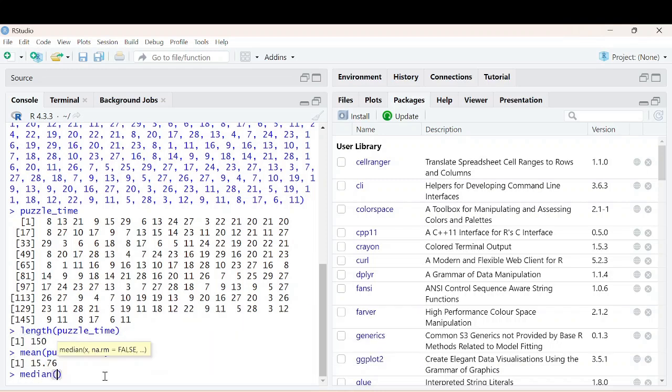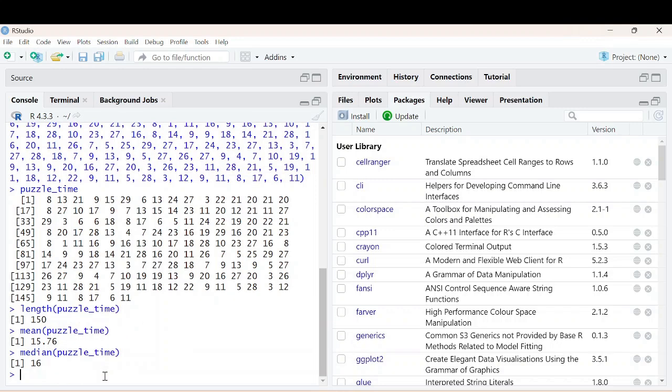If you want to find the median, you can find it. So the median is 60. You know, median means mid value. Next one, mode. But for mode, we don't have a direct code like mode of puzzle time. So there is some other coding. Mode val, this is the left hand side. On the left hand side you can give any name, no problem. Mode val equal to table of